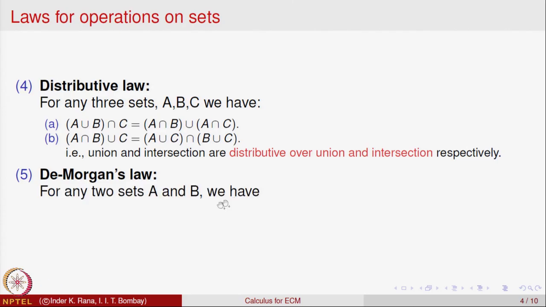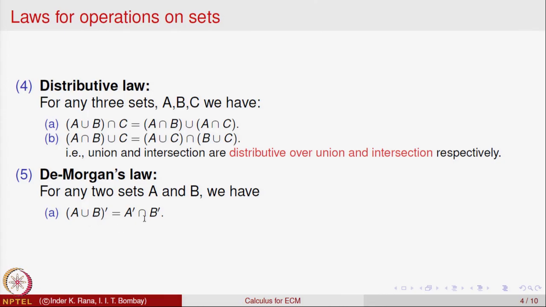So, it says for any two sets A and B, if you take the union and then take the complement, it is the same as taking the complements first and then taking their intersection. So, A union B complement is equal to A complement intersection B complement, right. So, this says if you want to interchange the order of union and complement, then you have to bring in